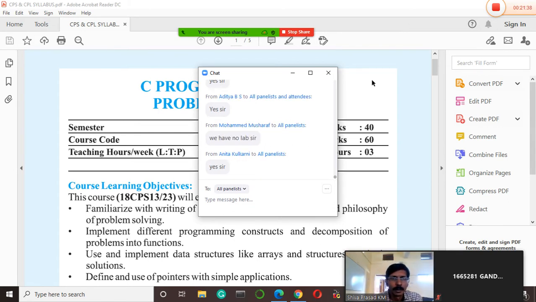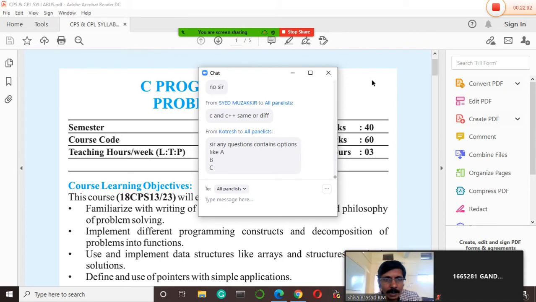You have lab. I will be coming with the lab also. You have lab as well as theory. C means what? C is nothing but a programming language. C is the one name which has been given for a specific programming language. I will tell you how this particular C came into existence in the second chapter of module 1. C is nothing but a name which has been given to the C language.